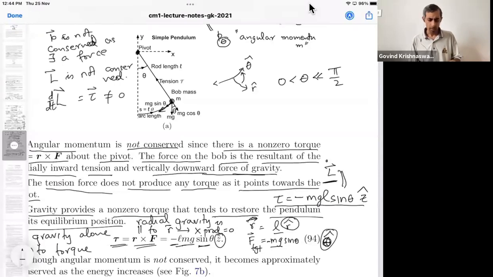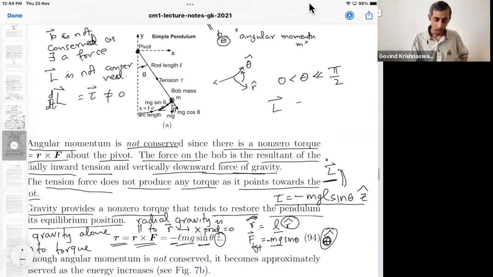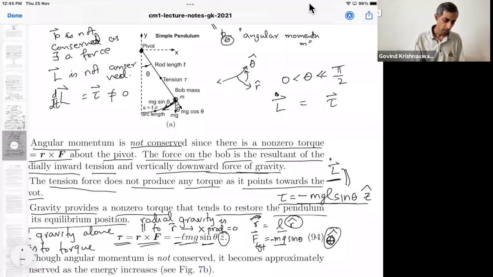Okay, that is basically correct. L dot is equal to torque. There are many ways to think about this. Either you can use the equation itself and argue, or if you want to go back to thinking in terms of momentum and position, the restoring force is such that